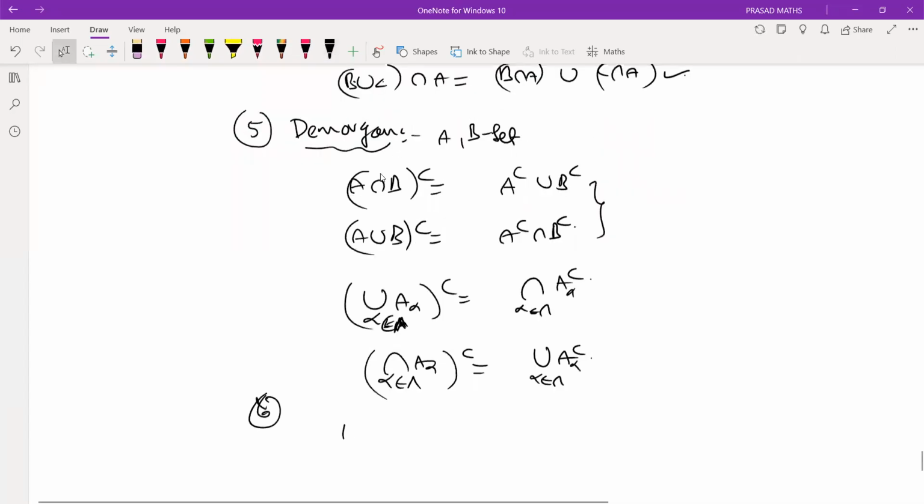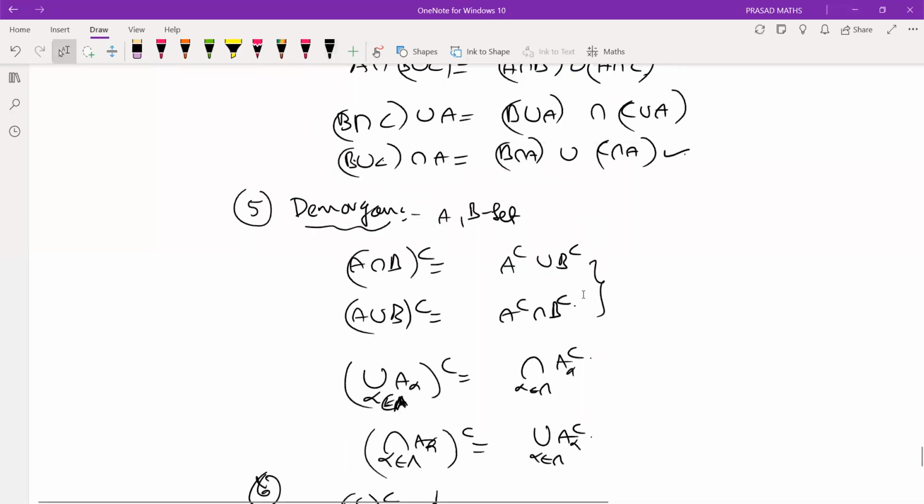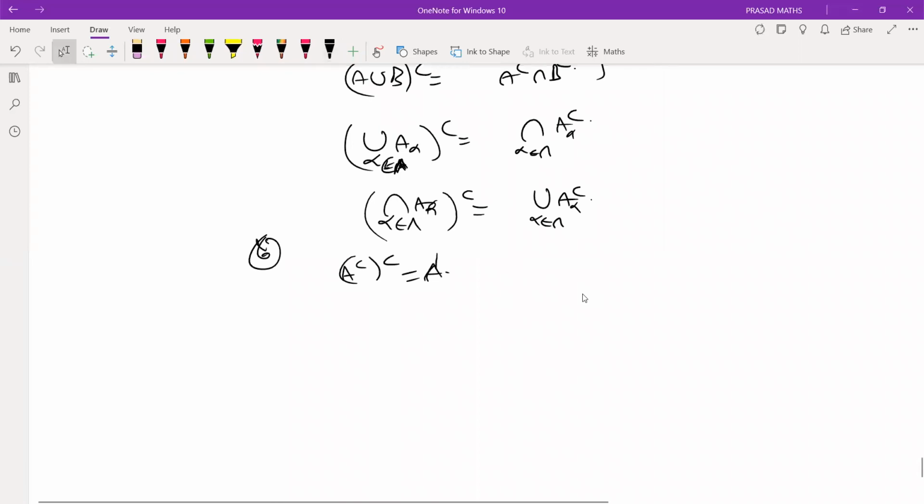Next, A complement, whole complement is nothing but A itself. And you can have another: A union A complement is nothing but the universal set. So these are very, very important properties once you go through the